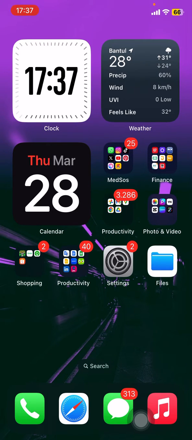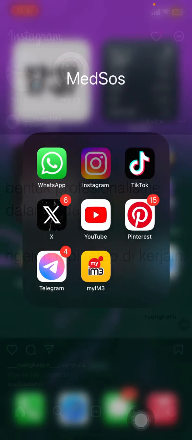So in this video I would like to show you how to remove an emoji from a picture using only the Instagram application. The first thing you have to do is open your Instagram application, and